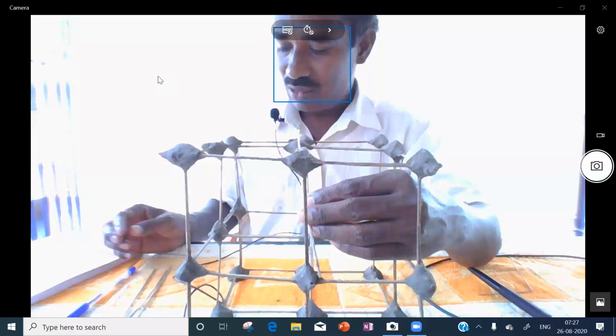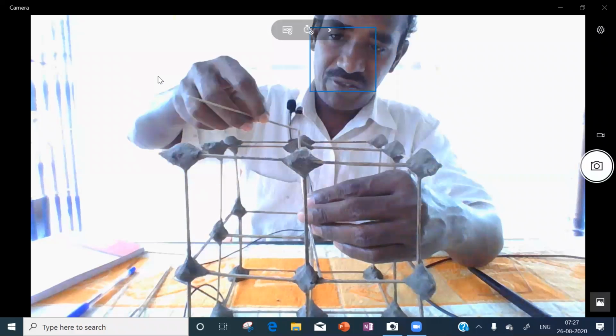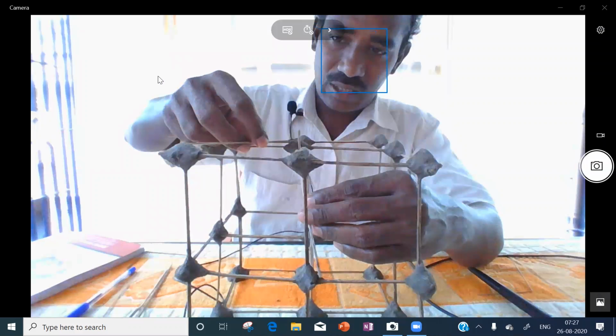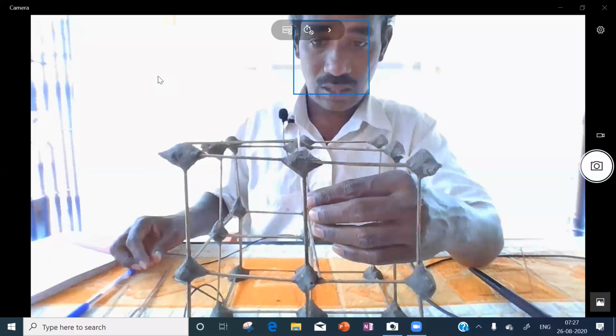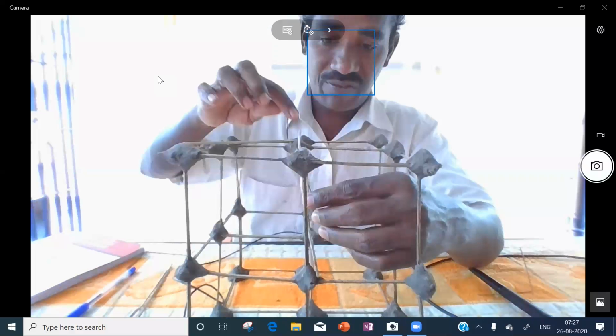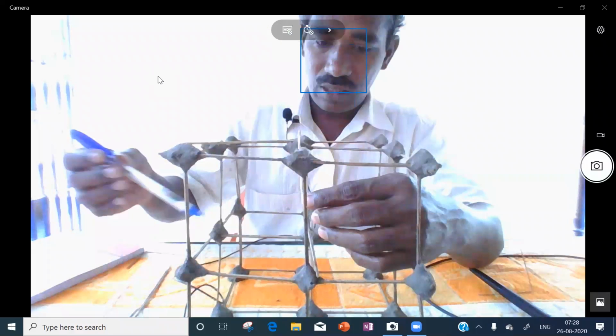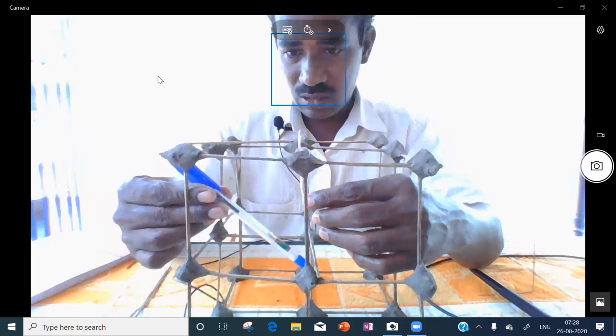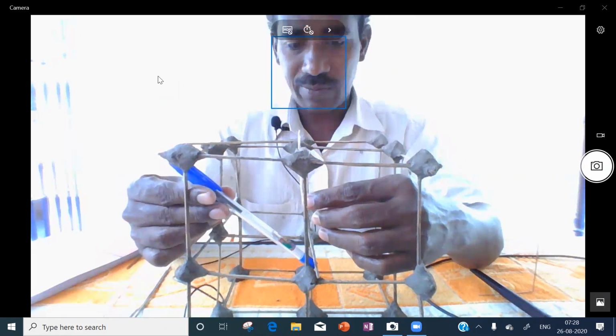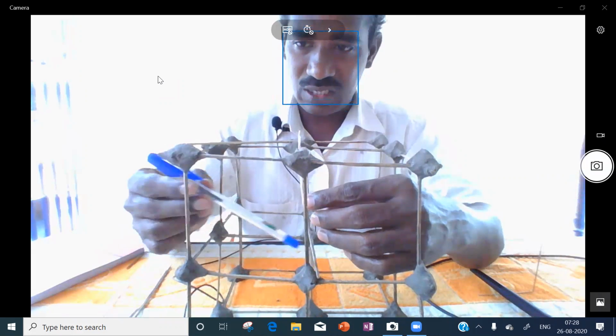Next, top face center to corner, one line. Then front face center to corner, one line. So now we have drawn like this.